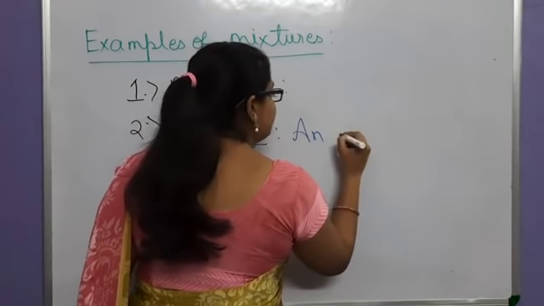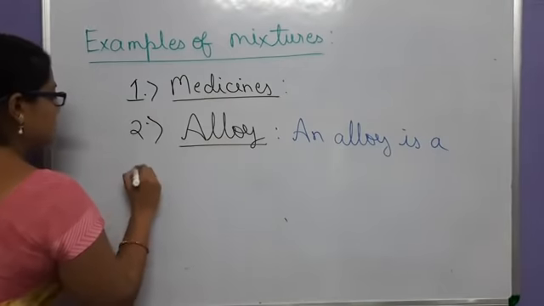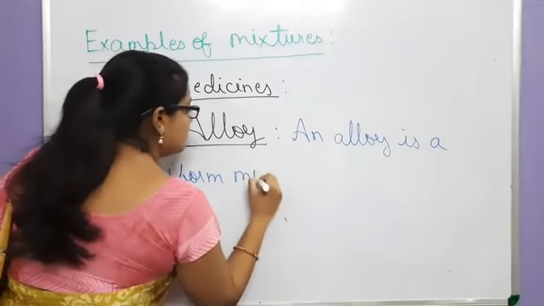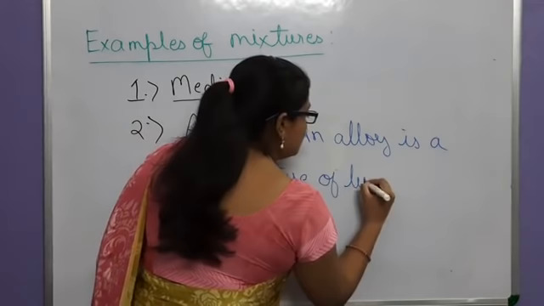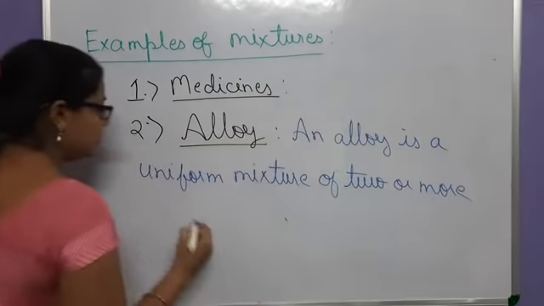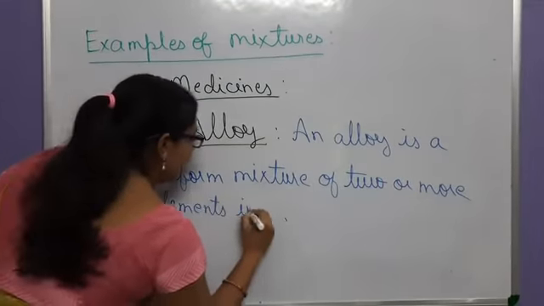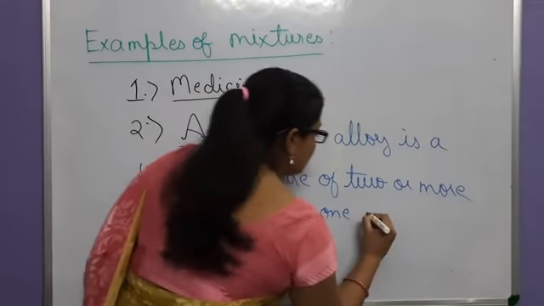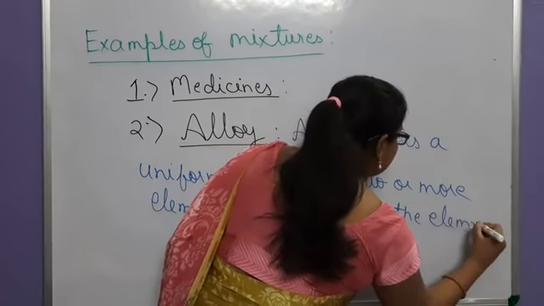An alloy is a uniform mixture of two or more elements in which one of the elements